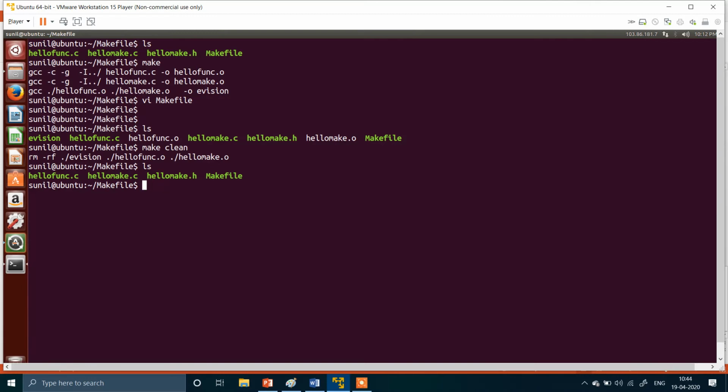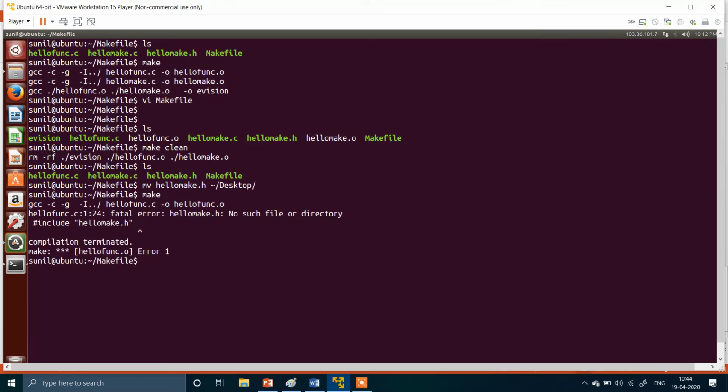I'm moving this header file onto the desktop. Now you can see it's showing the error: hello make.h, no such file or directory. So if I copy that file one directory back,